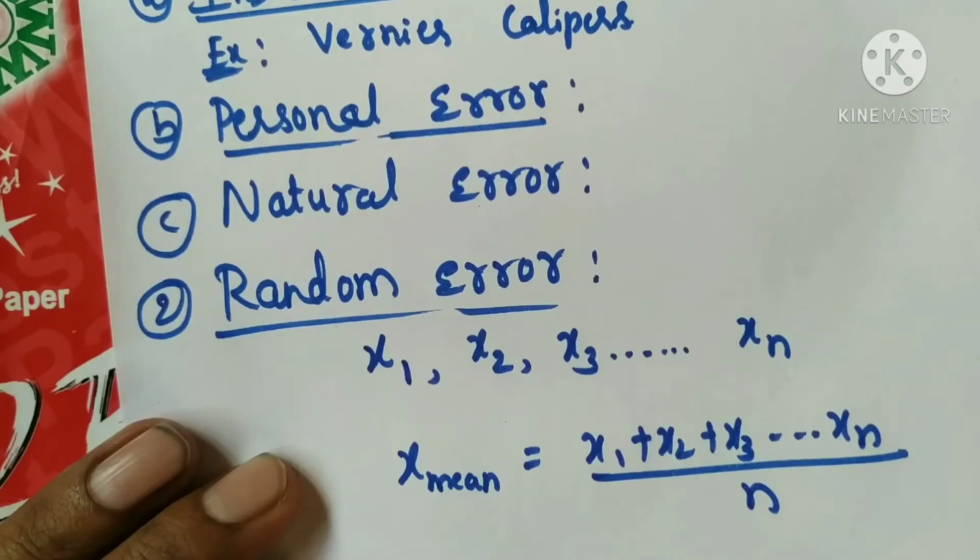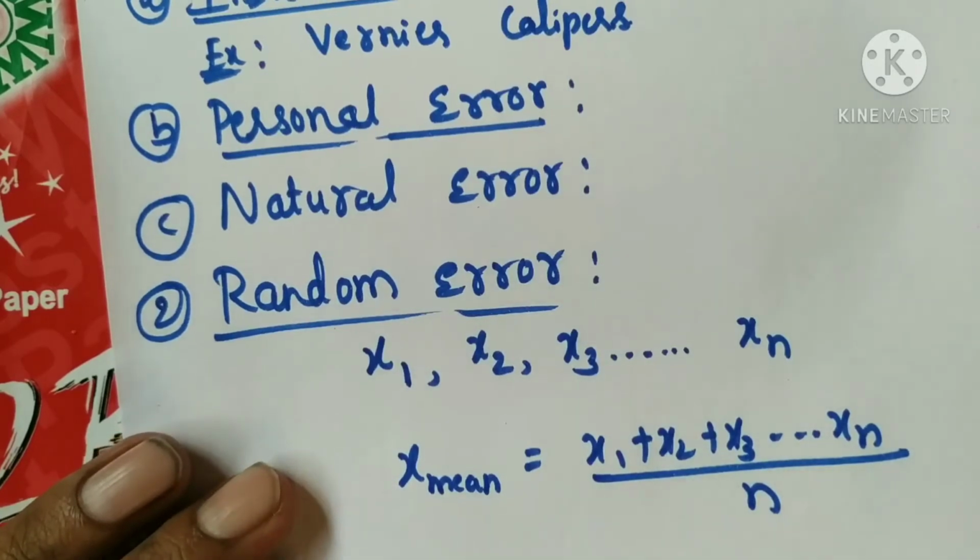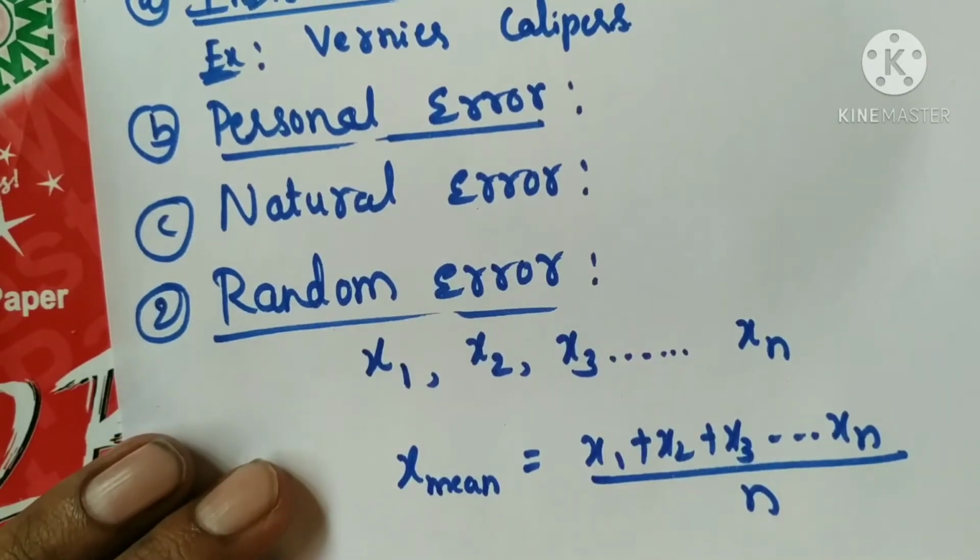Are you understanding? So as I said, these random errors, they are caused and we can't tell the exact reason for them. They are not under our control. To minimize the random errors, what you have to take? We have to